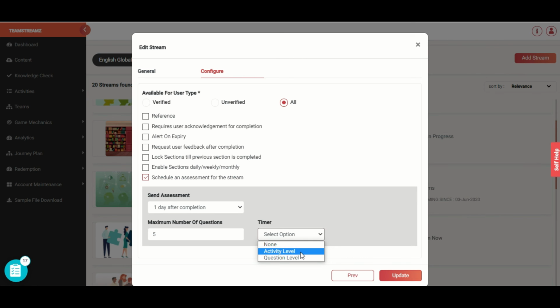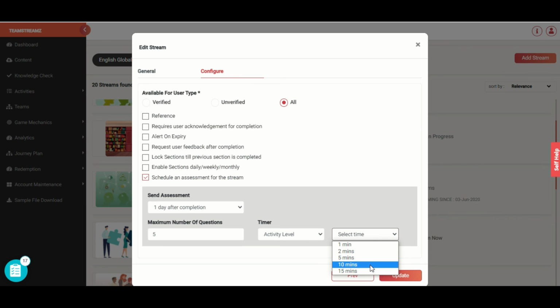What activity means is that you can set a timer for completing the entire assessment, or you can set a timer for each question individually. So let's say in this case we want to set an activity level timer. Let's click there, and you can say that you want people to complete the entire assessment consisting of 5 questions within, let us say, 10 minutes. So that's 2 minutes per question.